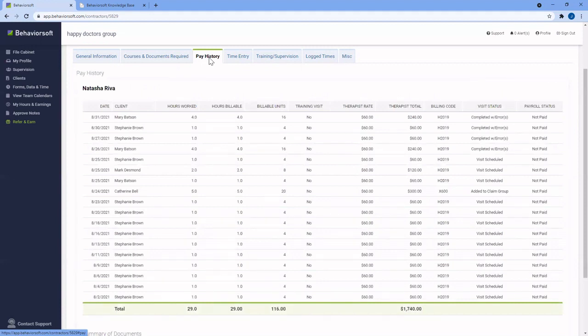On this tab, you will see all the visits that have been scheduled on your calendar for the current month. So you have certain columns here where you can see date, client, hours worked, billable hours, billable units, if that visit was marked as a training or not. And we'll see that later, how to mark them as training. And also we'll review the training supervision report. What your hourly rate is, what your total is for that visit,